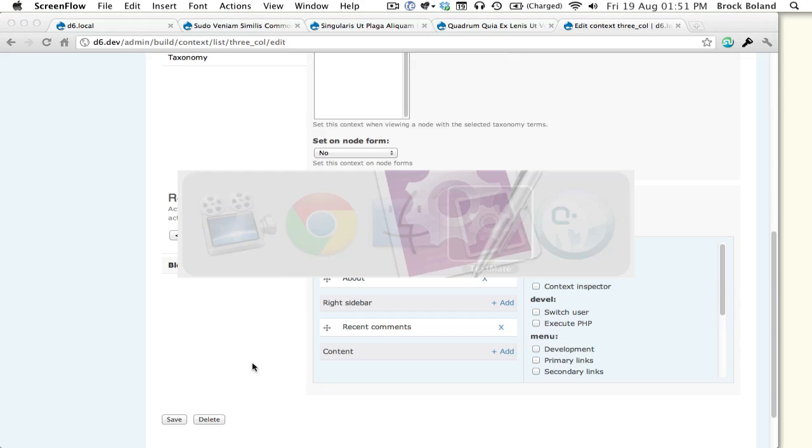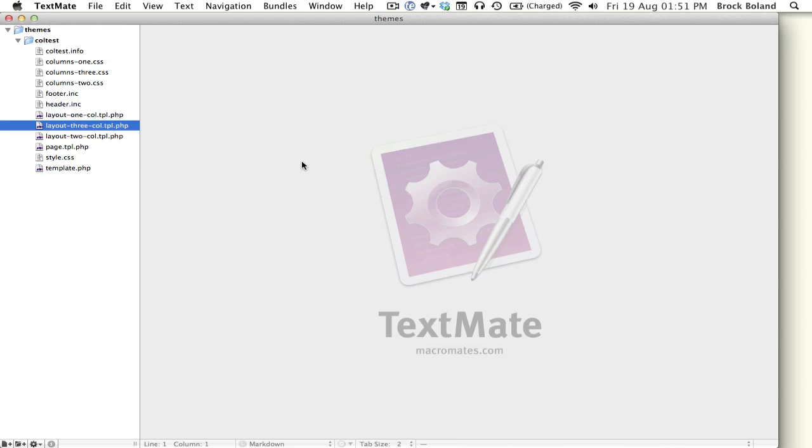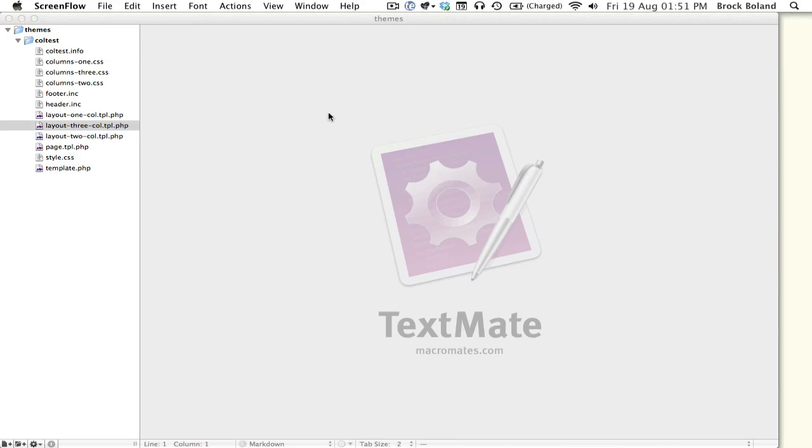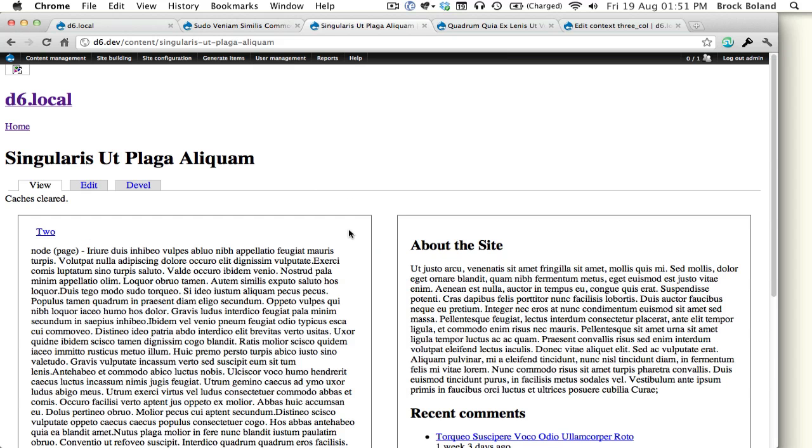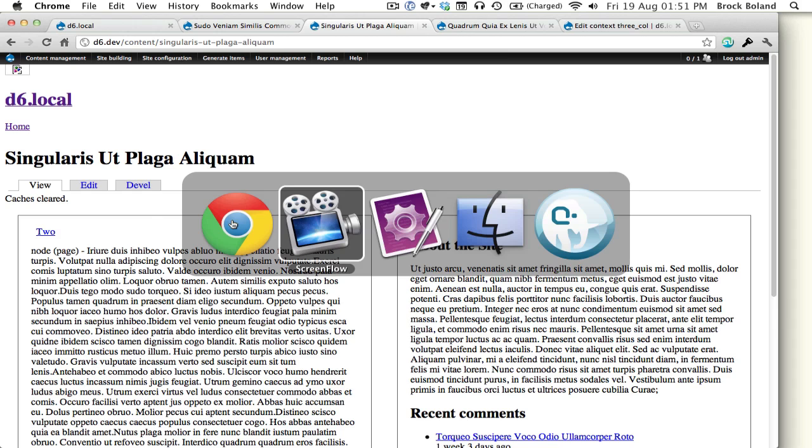So if I flip over to the code here, I've defined a bare bones theme. Obviously, if we go back to the browser, you can see I didn't bother doing anything to it except for adding some borders and things like that. But if we look at the theme,